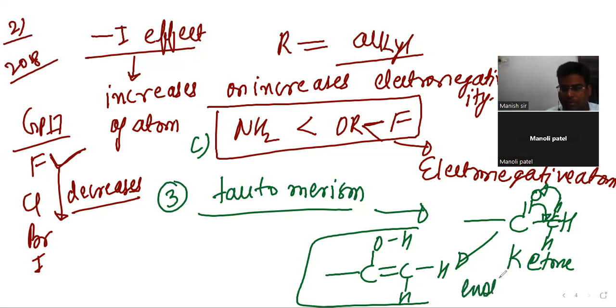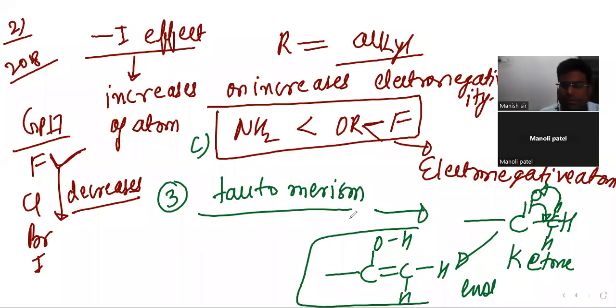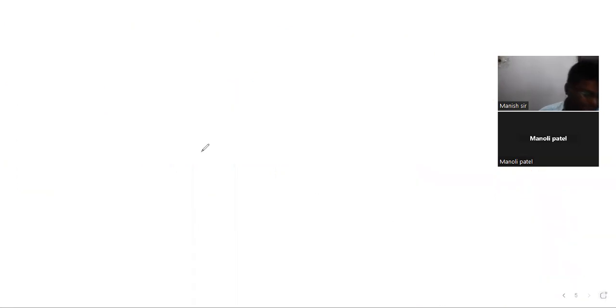Enol form. Wait for a second. Now see, tautomerism is shown by the ketone and enol forms, right? So these conditions should be satisfied. Next, see, there is a compound with alpha hydrogen at the bridge carbon. So I will draw the structure first. This is the structure given to you,